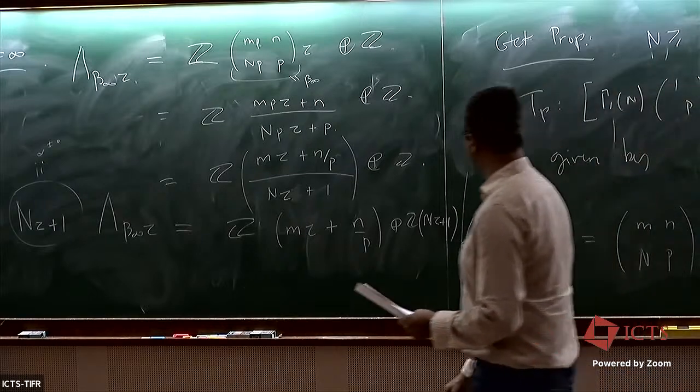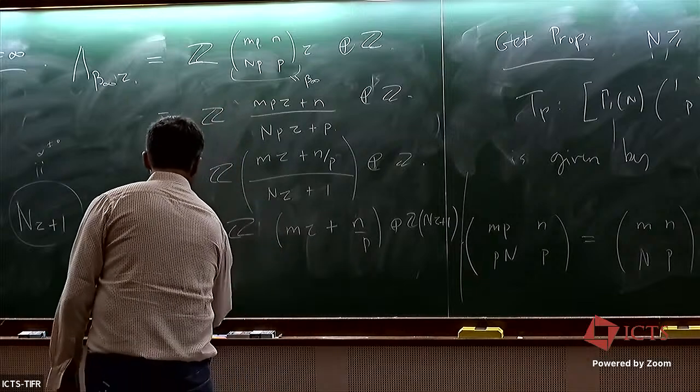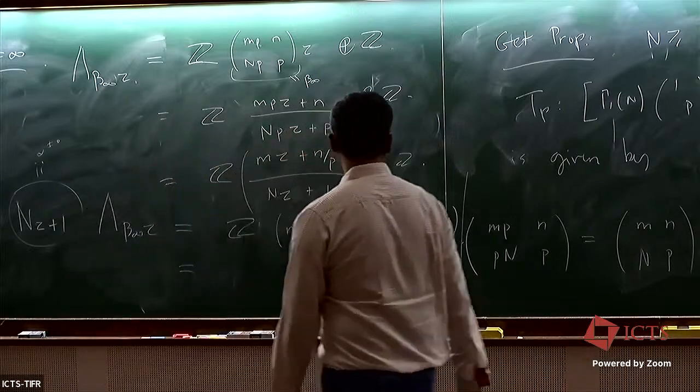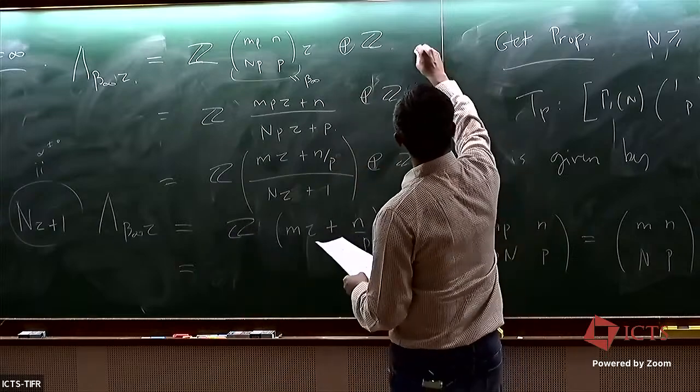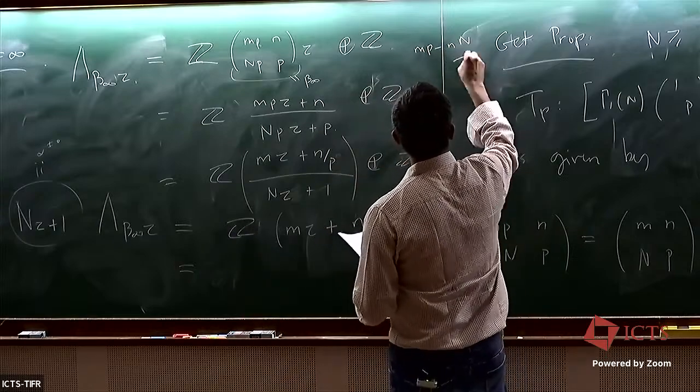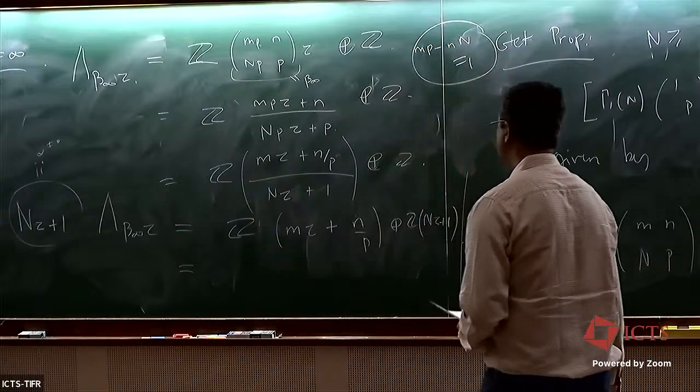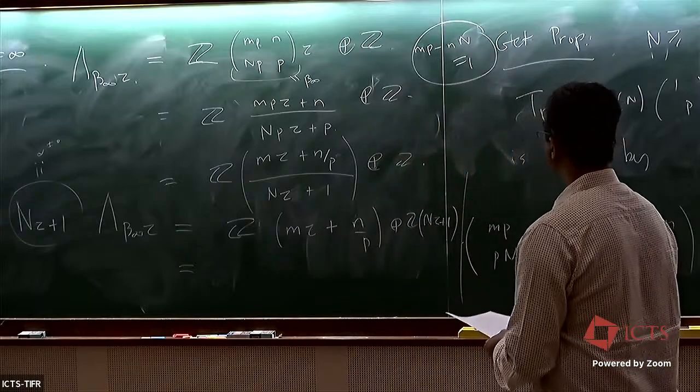And we can simplify this because the GCD of M and N, remember there was some relation, write it again, MP minus NN equals 1, using this all the time. Forgot to use it one time last time. Using that here,